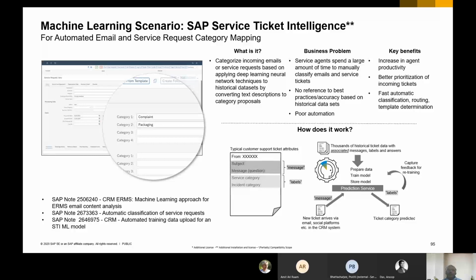Earlier we used to segregate everything manually. Now it is at least segregated and provided to you, which will enable you to automate faster, as well as give you a better prioritization of the incoming tickets to resolve customer issues at the earliest.